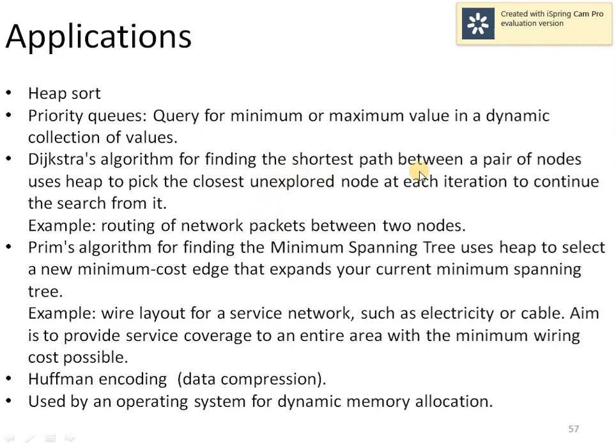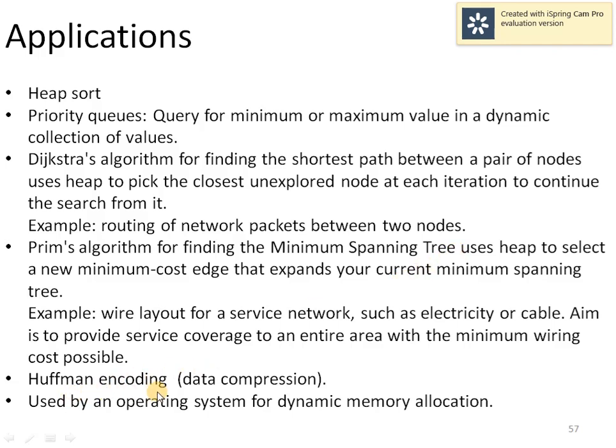So in order to get the shortest path, we have to pick the minimum element each time, so we can use the priority queue. Similarly, Prim's algorithm is used to compute the minimum spanning tree. So here also the task is to pick the edge with the minimum weight value. So again, priority queues can be used.